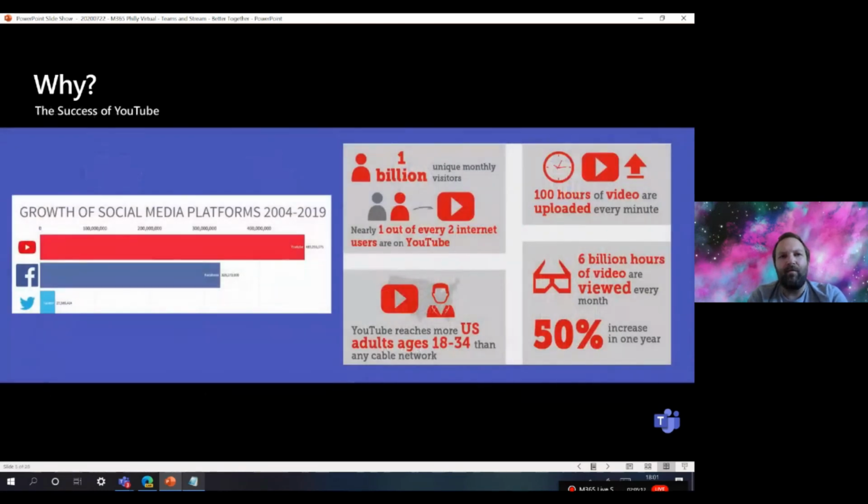I think overall that the success and the importance of video is really underlined by the success of YouTube as a video platform. Now, I've chosen to use the example of YouTube because, again, this is based upon the stats. So if we look at the growth of social media platforms over the last 15 years, then YouTube has trumped them all. There has been a growth of 500 million users. If you would have asked me that question without seeing those statistics, I would have probably said that either Facebook or Twitter would have had larger growth. Well, YouTube has more than both of them combined.